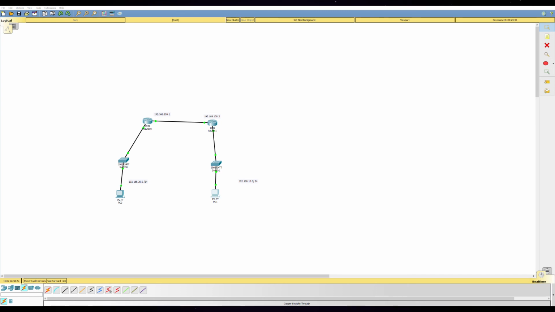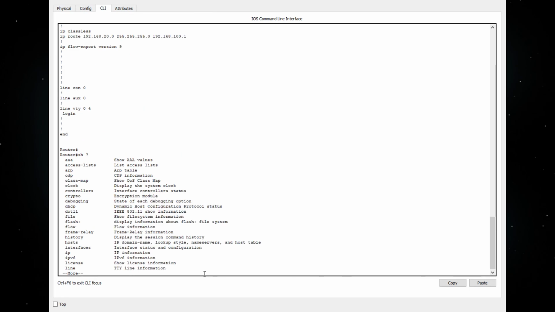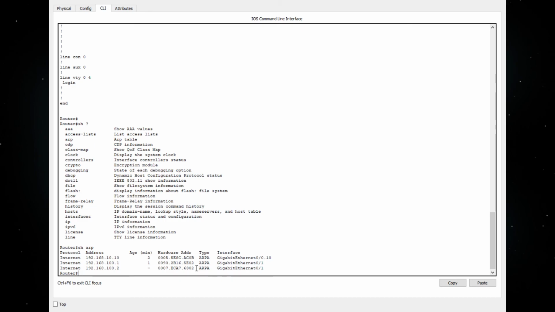So the last thing we're going to talk about is ARP, Address Resolution Protocol. Cisco Packet Tracer doesn't have the full functionality of devices, so I don't know if this is going to work on here. So if we do show ARP, yep, it works. So if we do show ARP, you can see that